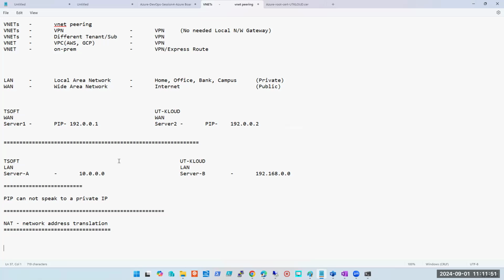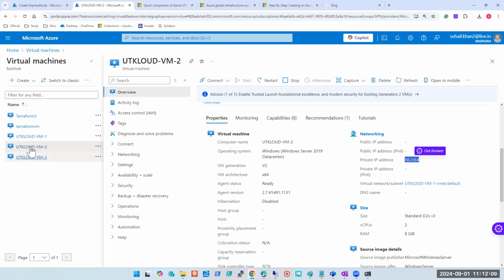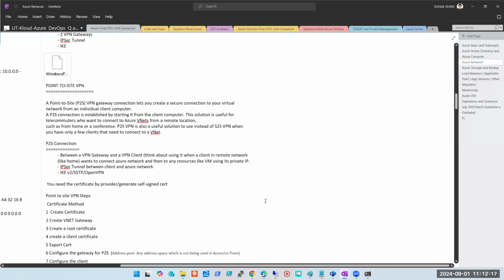But the difference is that I don't want, यहाँ पर मेरे पास कोई LAN नहीं है, कोई पूरा local area network नहीं है. I am an individual. I just want my computer, I want this computer to be enabled to access this network, complete network. ये जितना भी network है ना, ये वाला network, this network should be accessible for my computer. So that is called point to site. Do you get the difference, guys?